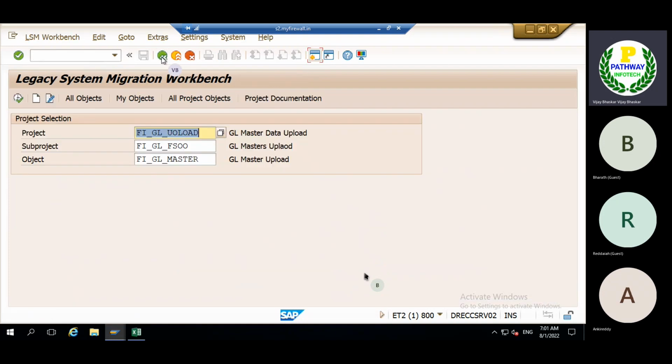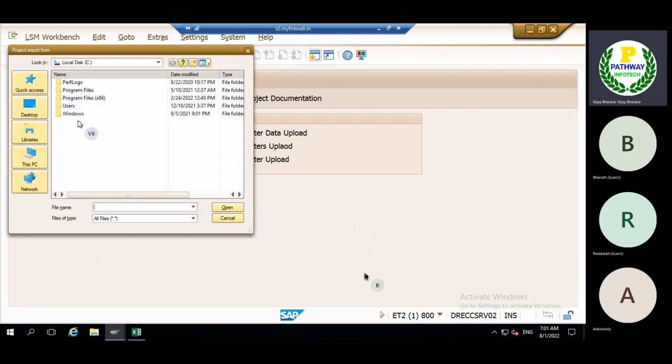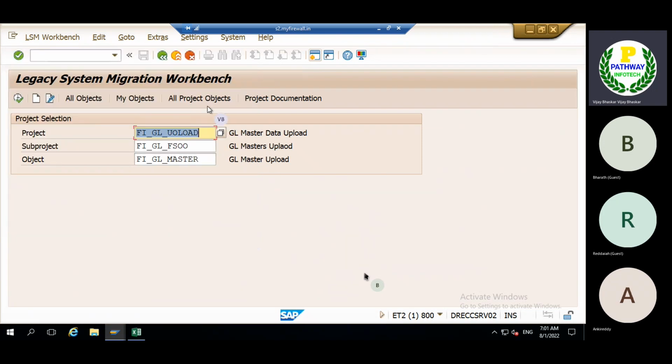Go back. When you want to import the same, if we are in the 800 client, maybe we will log into another client. When we want to import, come here and click import. The system will ask from where you want to import. Remember, this is one important step: how to move LSNW from one client to another client. LSNW you can use for assets, customers, vendors, wherever you want. This is the complete process of the LSNW. Now the master data upload. For master data upload,